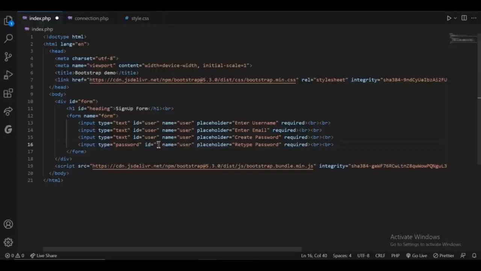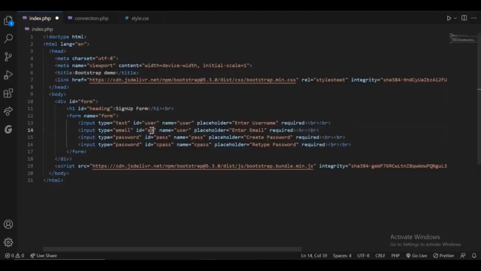ID for this retype pass will be cpass, and the name will be cpass, and then the ID for the create password will be pass, name would be pass, type will be password, and the type for email will be email,